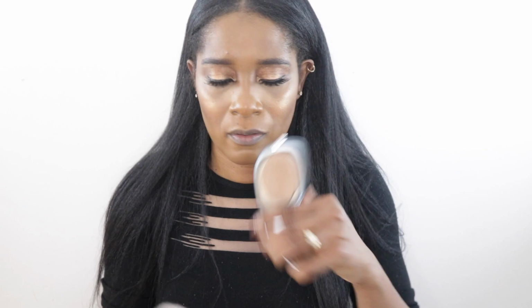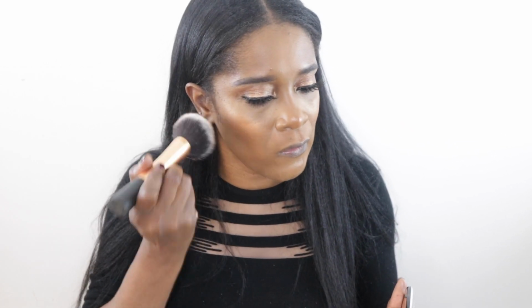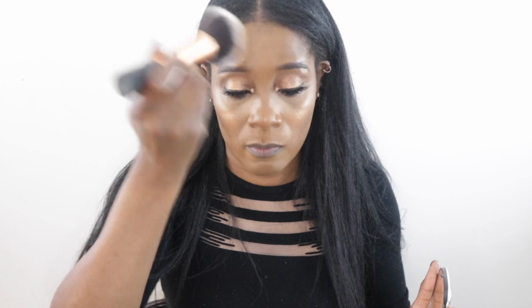All right, so I forgot to put on my finishing powder. I'm gonna use my Marc Jacobs, I think this is 05 in Starlet. I just love this. I can't do my face without my finishing powder, I mean, I guess I can. I just prefer to do my face with a finishing powder. And this is how I use this, as a finishing powder. All right, so now that that's on,